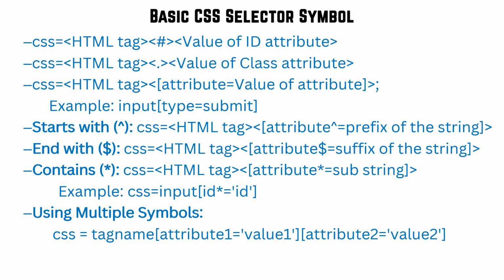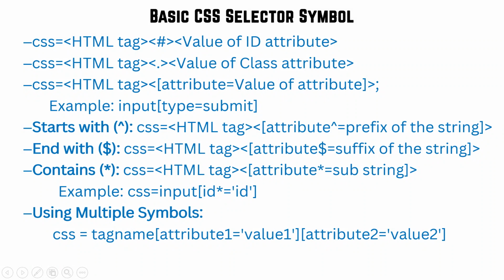So let's understand what the basic CSS selector symbols are. In case you know the ID, you can simply use tag name hash ID. In case you know the class attribute, you need to use tag name dot class attribute. But here there is a catch. In the class name, sometimes there might be a space available, but you cannot consider the space. Without the space, whatever unique part is there, you can take it from either the starting, middle, or end position. Then in case you know the attribute, you can use tag name, square bracket,